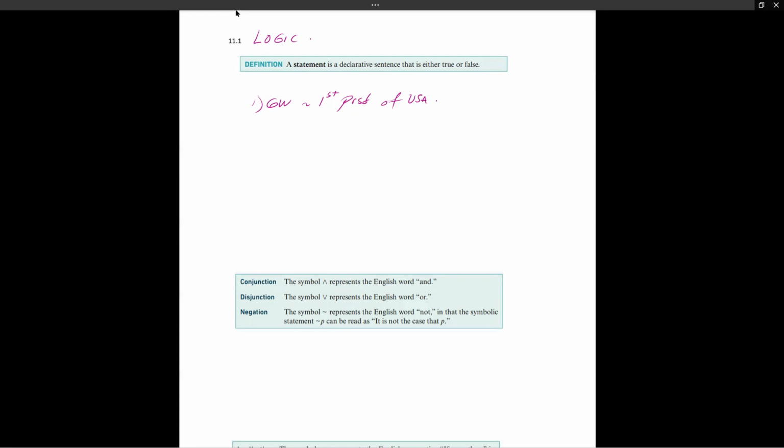Orlando Magic won the NBA championship of this year, something like that. The number of atoms in the universe is 10 to the power, let's say, of some number. So these are statements.